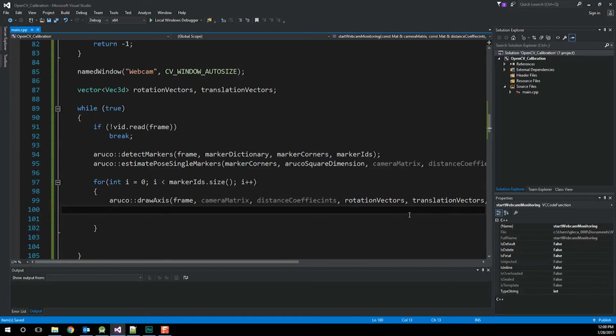Okay, guys, we now have a loop that continually goes over our webcam. It looks for those Aruco markers, and if we're lucky and we find one, it's going to draw that axis to the object. Next up, we need to show this stuff on the screen,